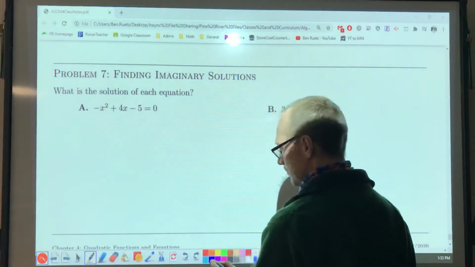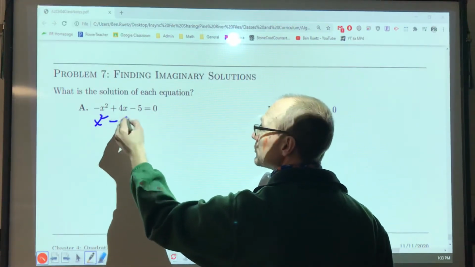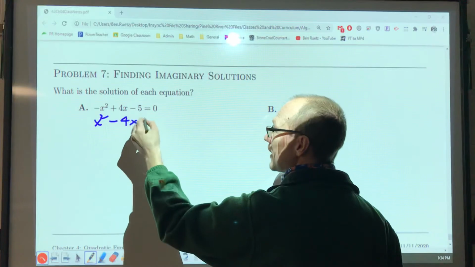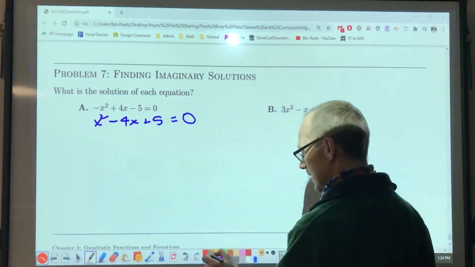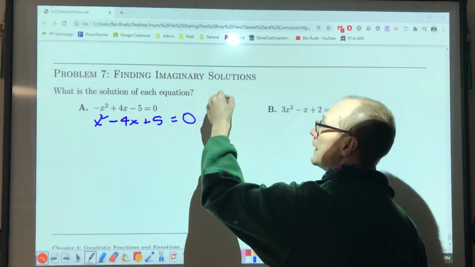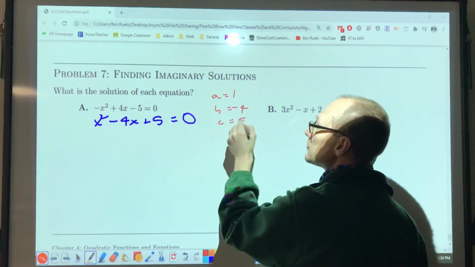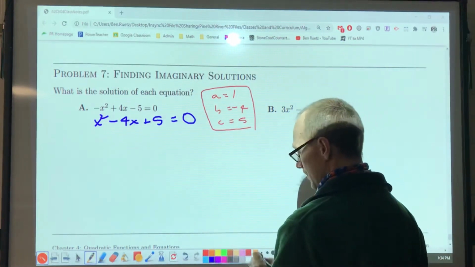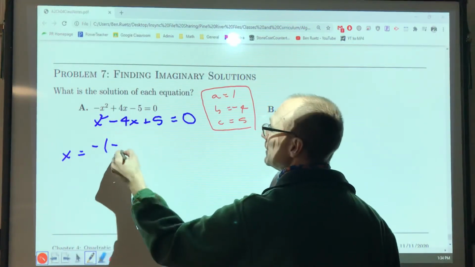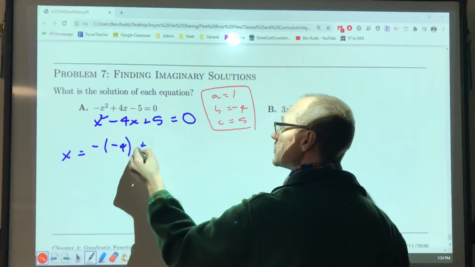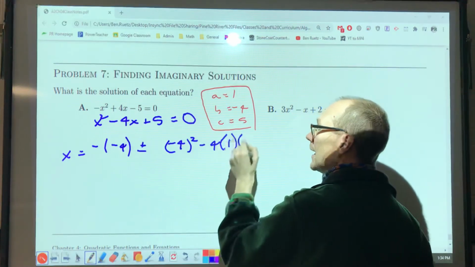So this becomes x squared minus 4x. The opposite of minus 5 is plus 5. The opposite of 0 is still 0. And now I have my a, b, and c. My a is 1, my b is negative 4, my c is 5. Let's do the quadratic formula. x equals negative, the opposite of b, plus or minus the square root of b squared minus 4ac